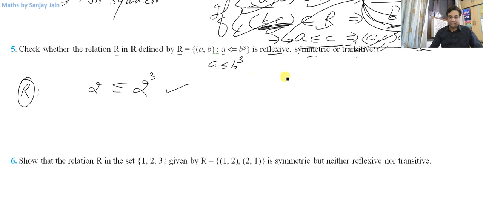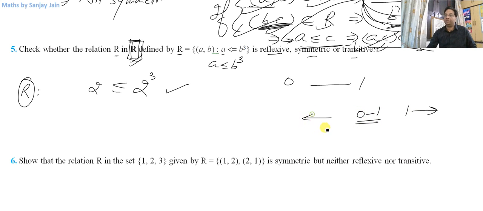But if you check the numbers between 0 and 1, because this set is defined in real numbers, it is not limited to integers or natural numbers, right? So if it is defined in real numbers, you have to check for every real number. The method is you check for real numbers beyond 1, check for numbers between 0 and 1 separately, check for negative numbers. If you can check these, then you may find an example, because I just have to find one exception to prove that it is not reflexive.